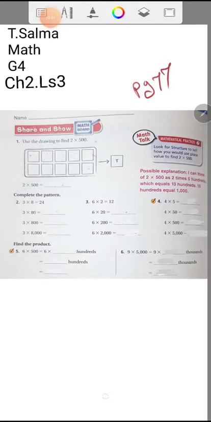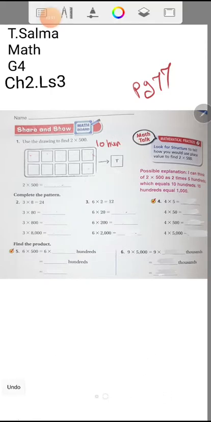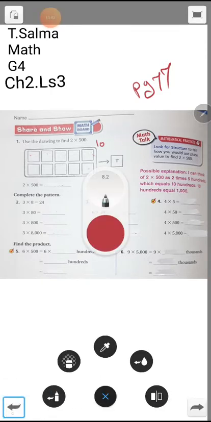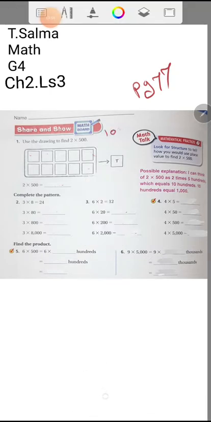And you know 10 flats means 10 hundreds, right? I will write it here, okay? Now this is 10 hundreds, and 10 hundreds equals what? Equals 1000, as we said, right? Because 10 multiply 100 equals